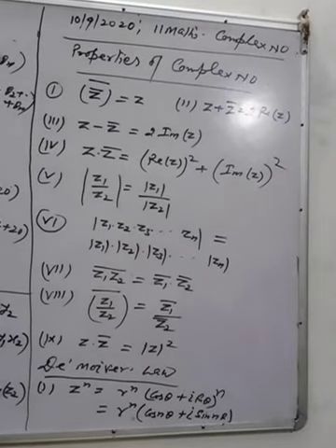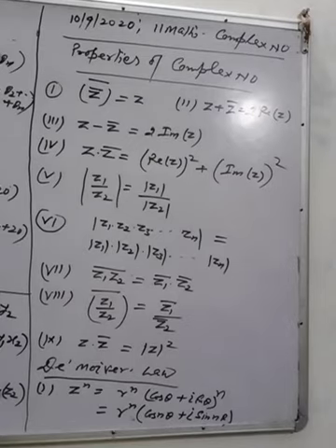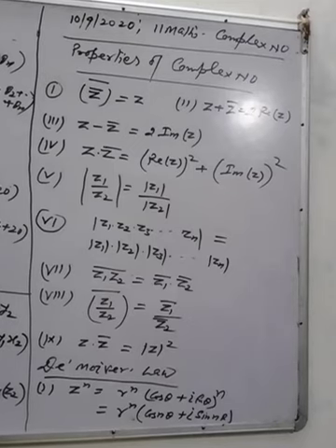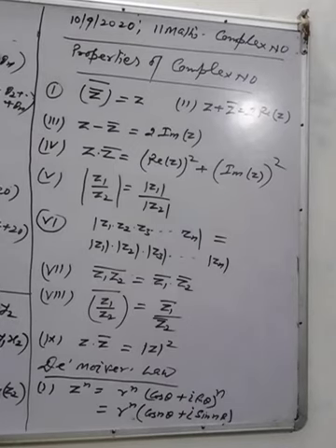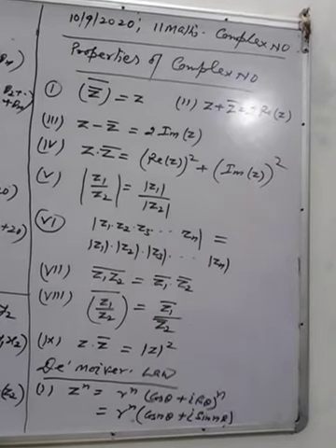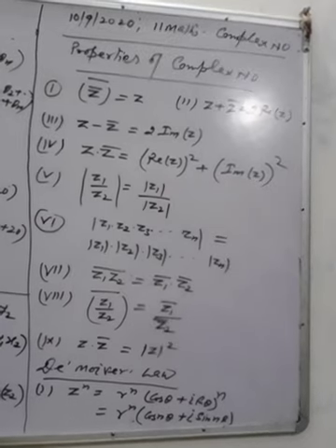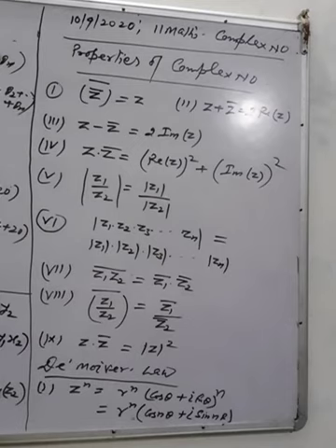Now second is z plus z bar, means z is any complex number plus z bar, its conjugate. So when you add conjugate of z and z, then you will get only 2 times the real part of z. And when you subtract, the third one, z minus z bar, that is 2i times the imaginary part of z. Next, z into z bar, multiplying the conjugate of z with z, that is after multiplying, means